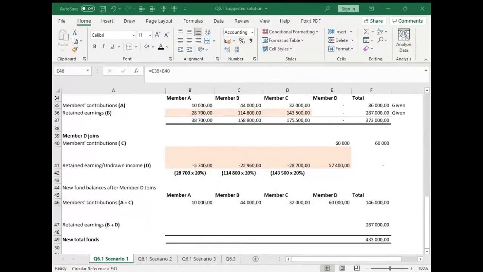You would deduct that from that. Okay, so let's quickly see how we work it out. So we take, let me just see if I've done the calculation. You take the 28,700, and because D is negative 5,700, you would deduct it from that. Now, in my formula on the left, I've added it together because I've already indicated it's a negative, but that's how you would get to the